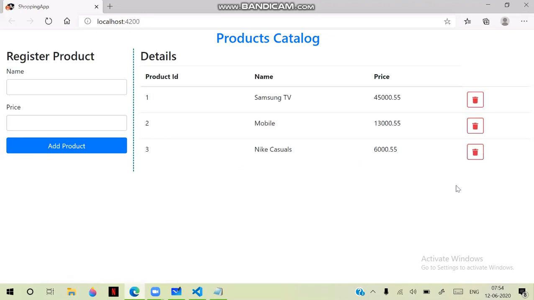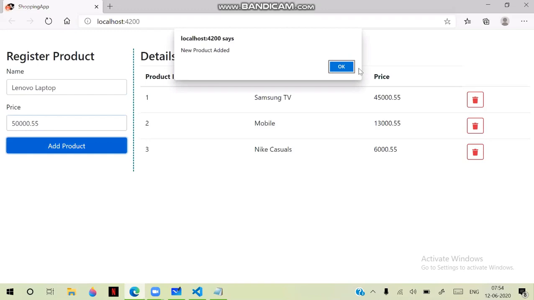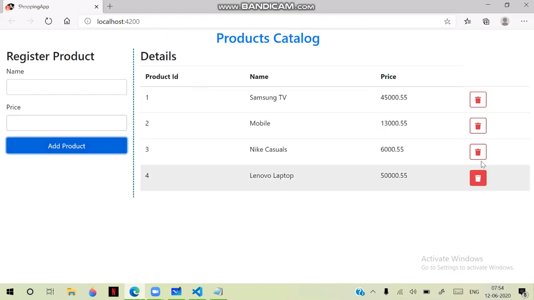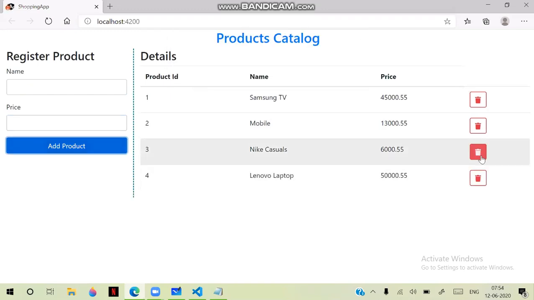That looks okay, better. So now important is when I click on this delete, that record must be deleted. When you are adding new products, suppose Lenovo laptop, and added here laptop, and added some price, and click on add product. The product is pushed in, and the delete button comes for that new one also. Now when I click on delete,